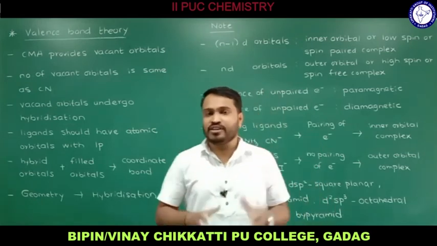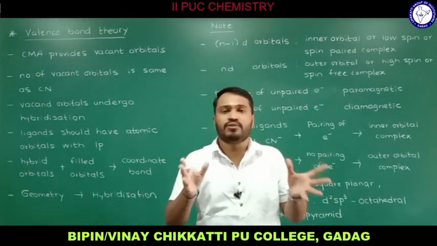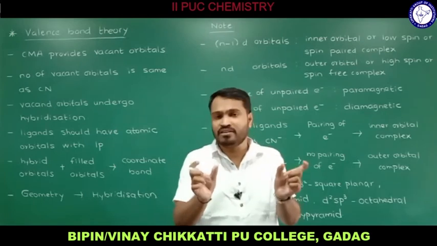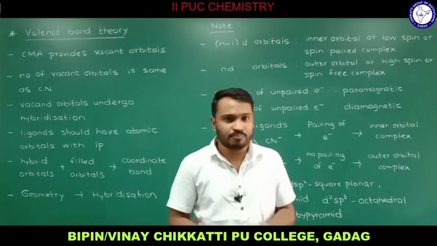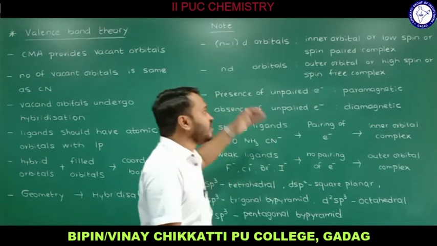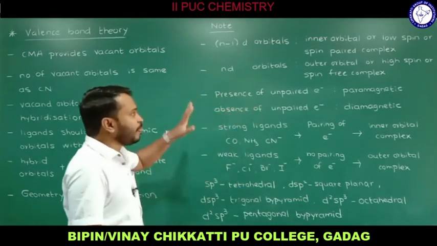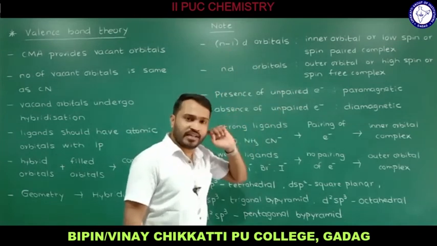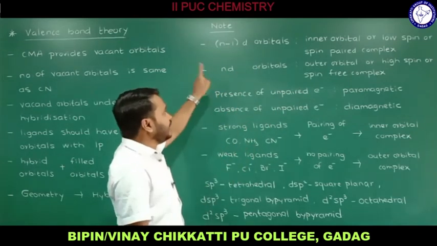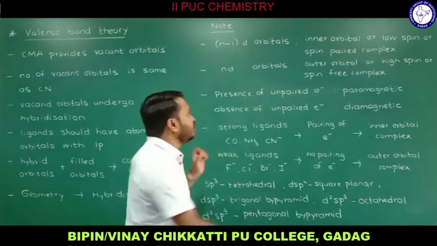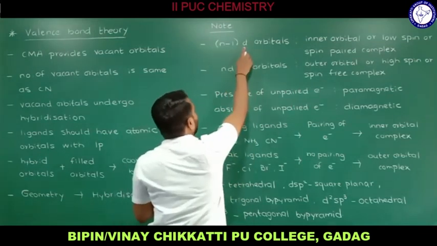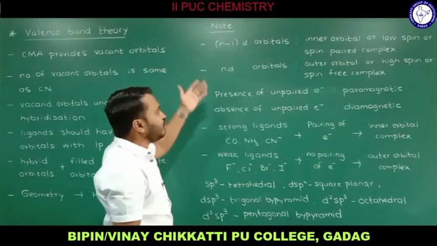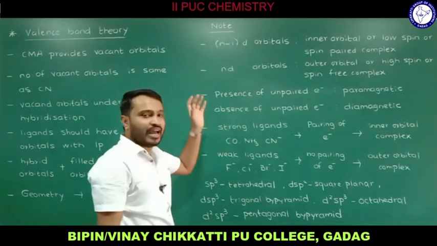So in case of examples, only the theory part is not enough. We need to know some keywords or some fundamental terms which we use while solving the example. So you need to remember that one. Therefore I have written the key points here. In some examples, (n-1)d atomic orbitals undergo hybridization. In some examples, nd orbitals undergo hybridization. So d atomic orbital, (n-1) and n. Let me consider some particular examples later to know how it is (n-1)d and nd.